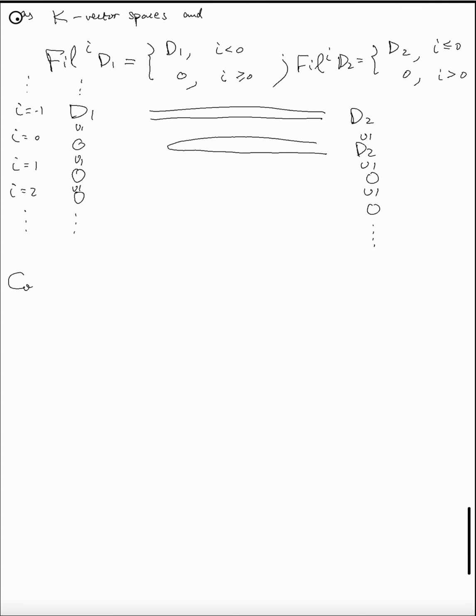And now we consider the map identity on the underlying vector space, but not on the filtration, because the filtrations are different.